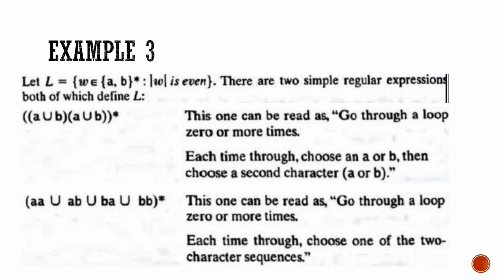This can be written in another way also. The first character can be A or B. The second character can be A or B. I will make a group. This is a group. Group means this is your first character, this is your second character. So that is a group of A or B followed by A or B. Star indicates zero or more occurrences. That is, either zero occurrences; once it comes, 2 characters will come; 2 times it comes, 4 characters; 3 times, 6 characters. That is, it is a multiple of 2. That is, the length is even.